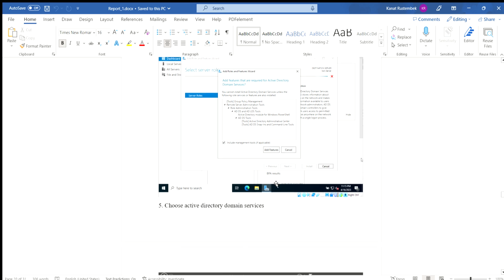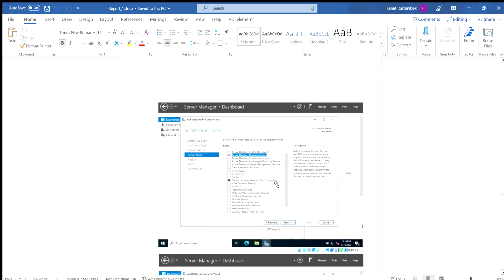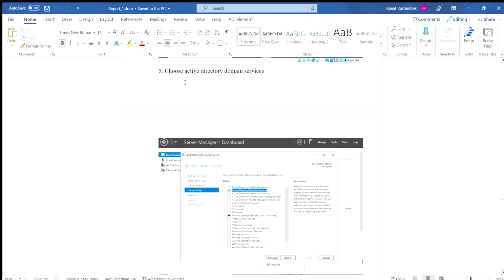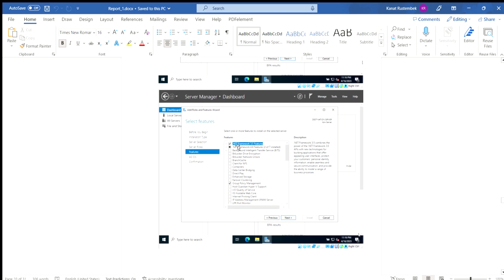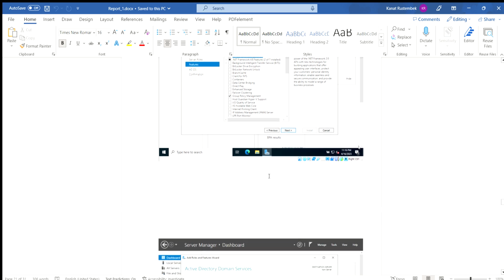We click Add Features and we choose Active Directory Domain Services by clicking on the box, then click Next. Also for the features we click .NET Framework 3.5 features, then Next,